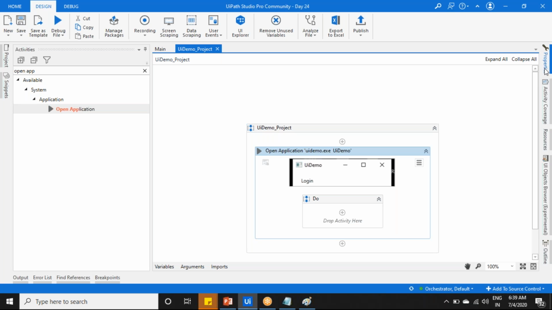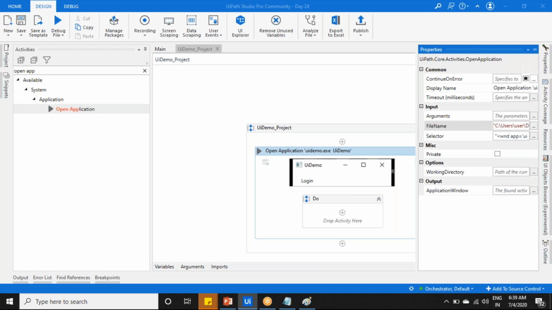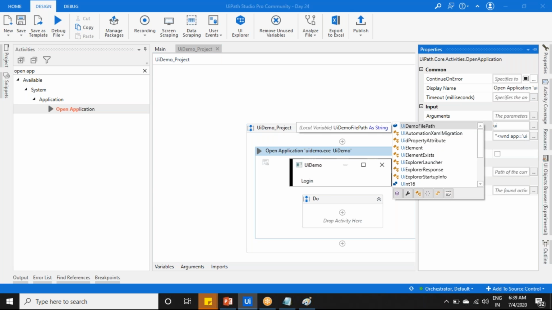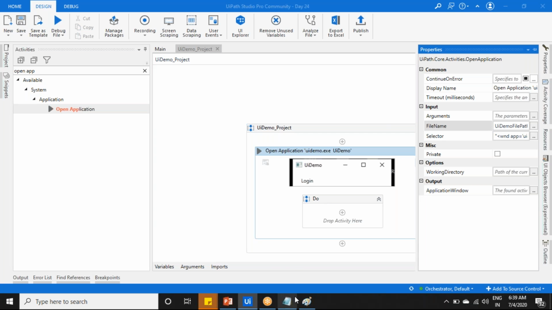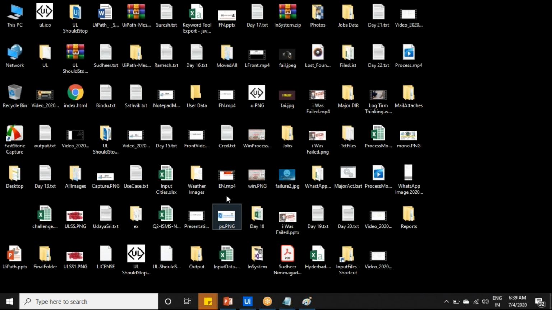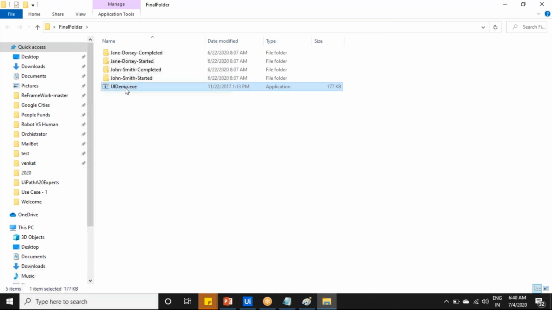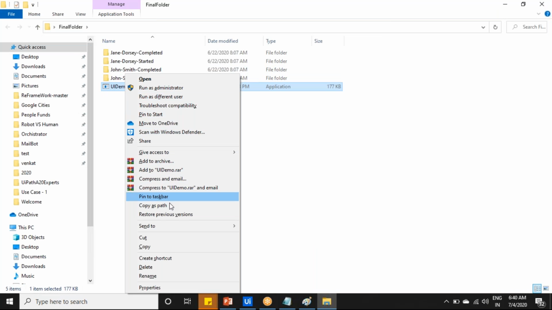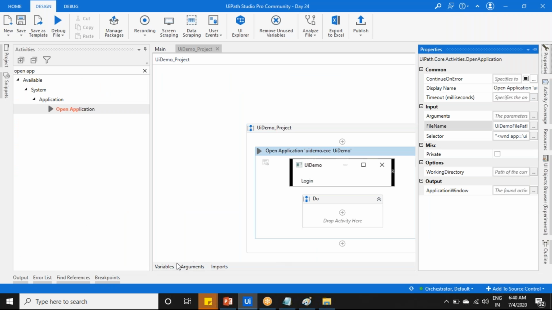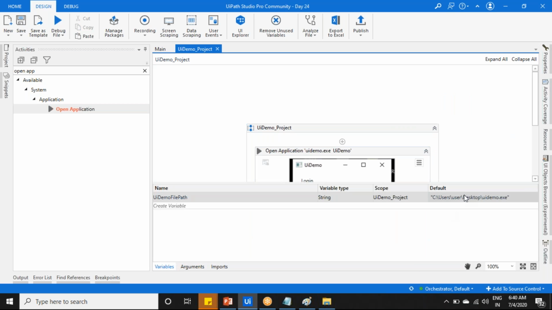Now instead of the hard-coded value, you just give the UI demo path. If the path changes, we're just giving the current path into the variable only. Without disturbing the code, we're just changing the variable only. Now if I run,